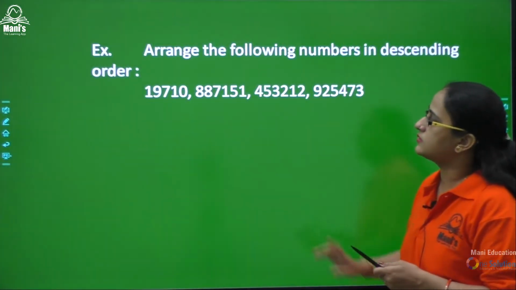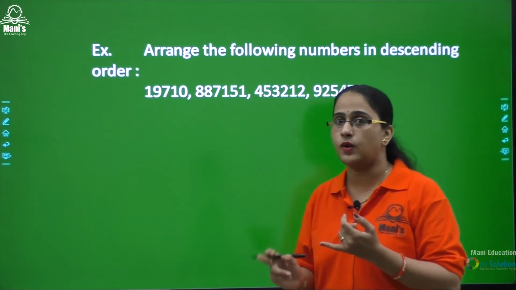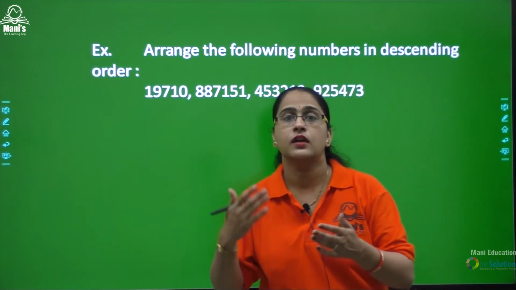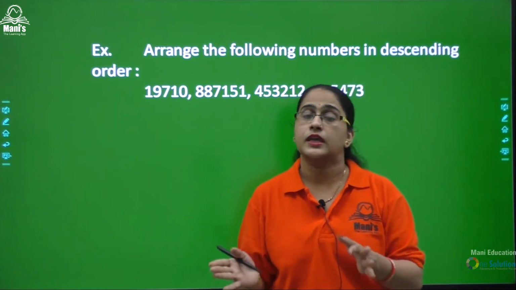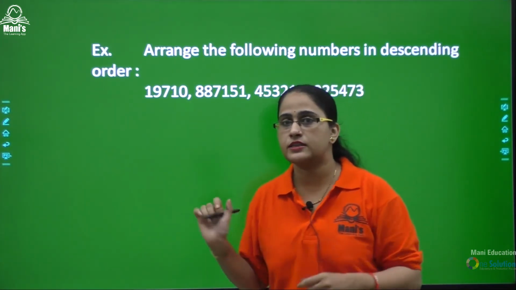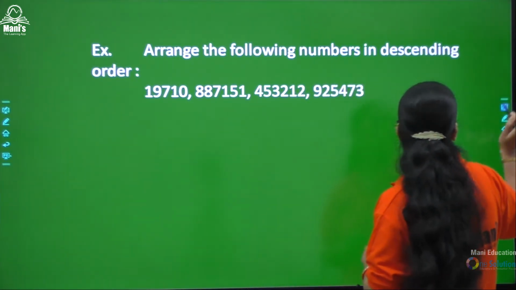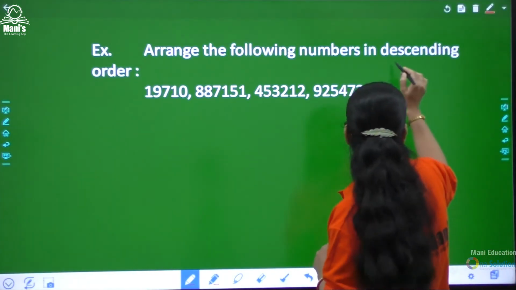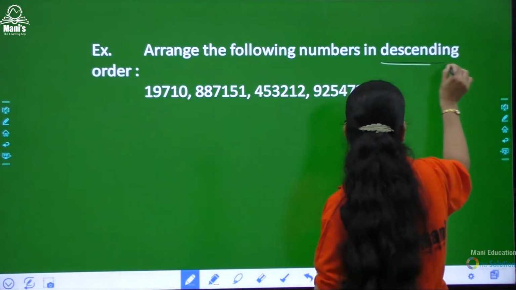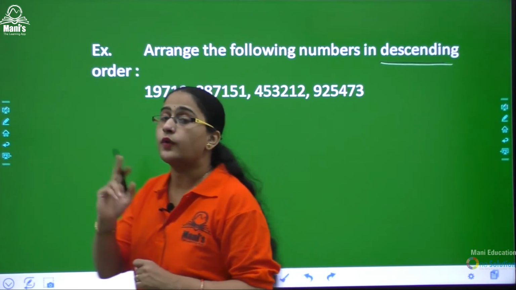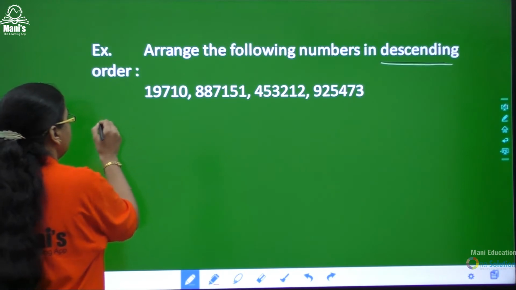Now for understanding this, there is one example. First of all, we have discussed how to find the greatest number and the smallest number if the number of digits is the same. If the number of digits is different, then there is no problem; you have discussed that in class 5 also. Now arrange the following numbers in descending order. First of all, we observe what type of arrangement is given. Here it is given that we have to do descending order. Descending order means we go from largest to smaller. So, solution.